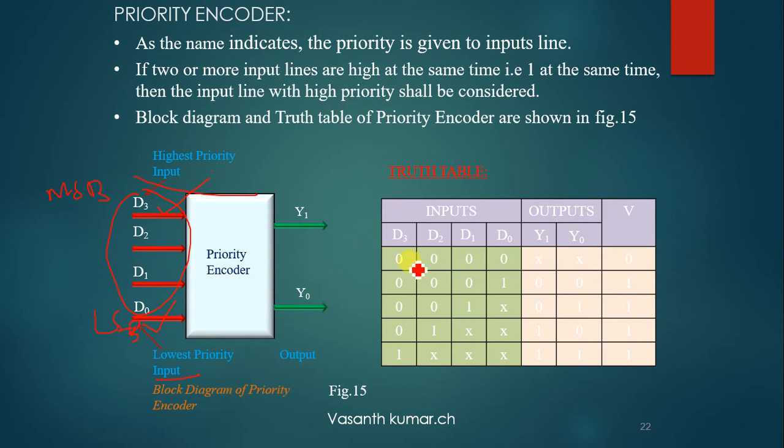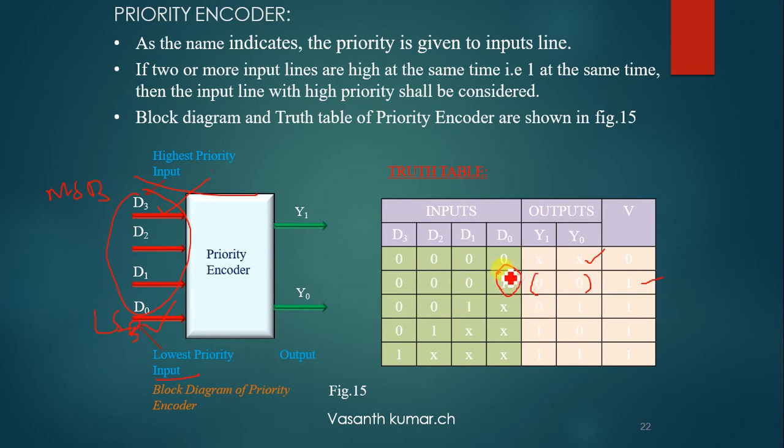Just to check the truth table, here we have D3, D2, D1 and D0. All are written in their canonical, that is, the actual descending form of bits, right? So we have 0 0 0 0, the combination is unknown, output 0 0. Okay, unknown combination. Then 0 0 0 1, this is the least priority bit. That's the reason we got two outputs, which is 0 0. The V is the valid output or data bit. Okay, it is 1 again.